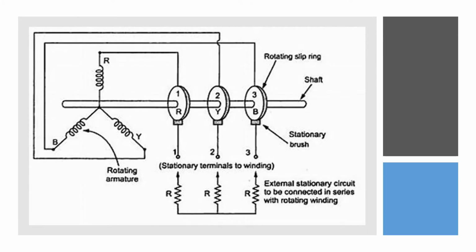Our topic, rotor resistance control, mainly deals with the slip ring induction motor. This picture shows the internal configuration of a slip ring induction rotor. This is the rotor winding, which is in star configuration, and this shows the shaft to which the slip rings are attached. These are all the slip rings, and through the slip rings some external resistance is also connected. These external resistances are connected in series with the rotor windings.